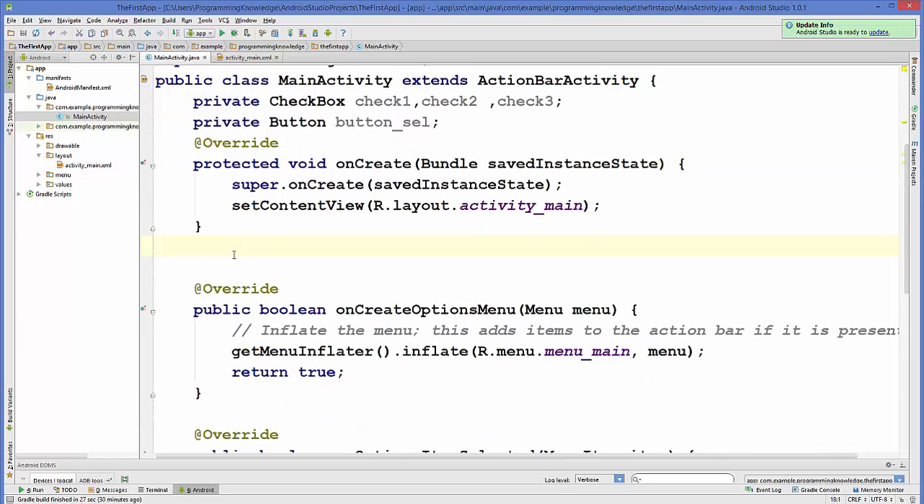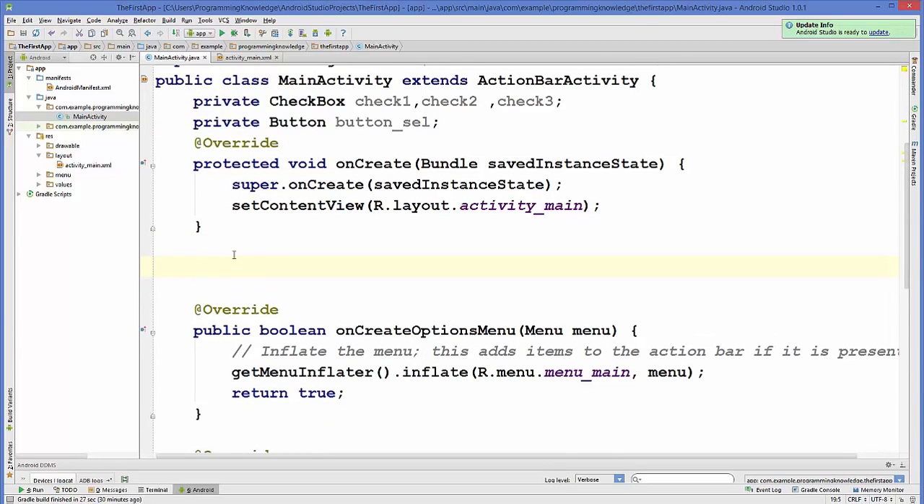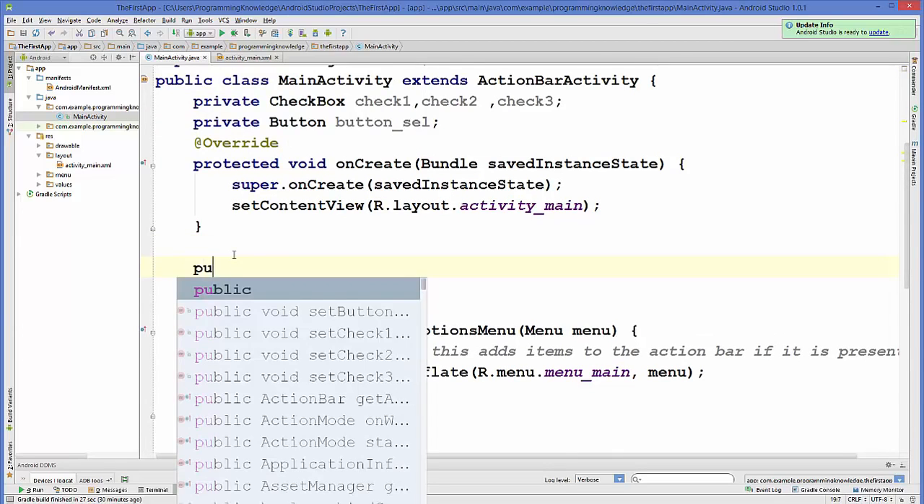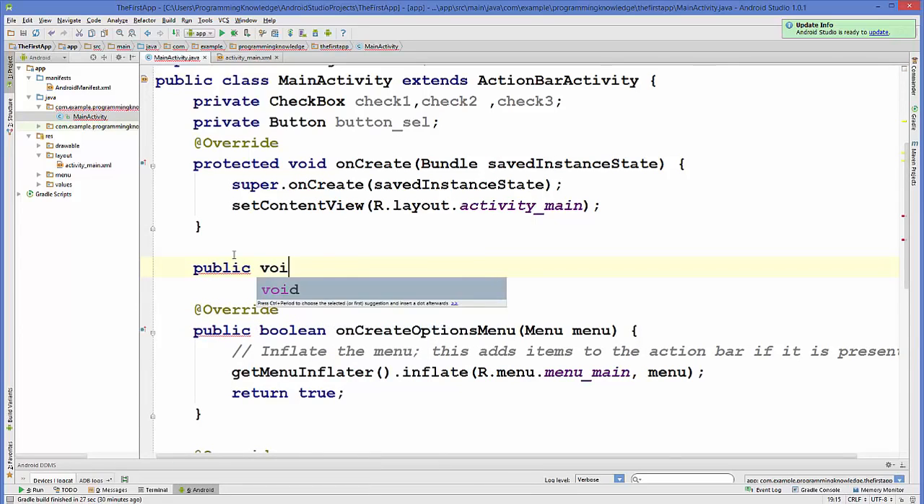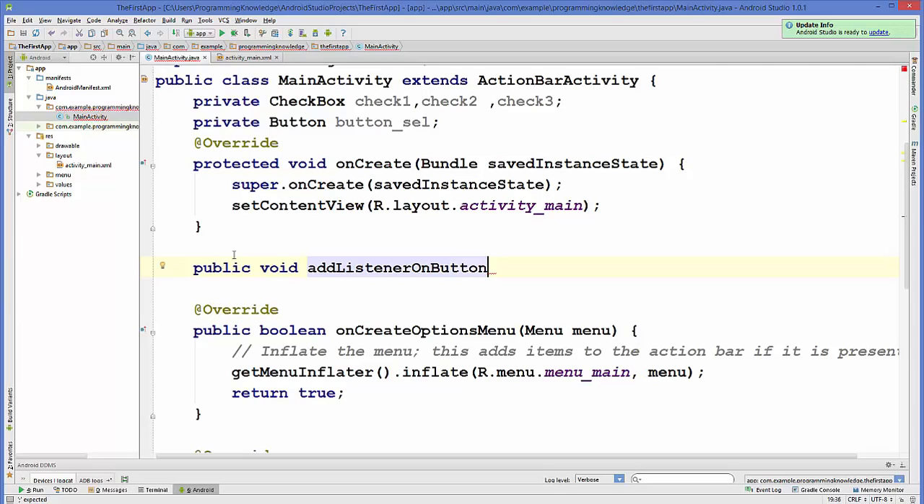Now we are going to create a method. This will be a public method, and it's not going to return anything. And we are going to name our method, for example, addListenerOnButton. Okay, and then it's not going to take any argument, and we will prepare the body of our function